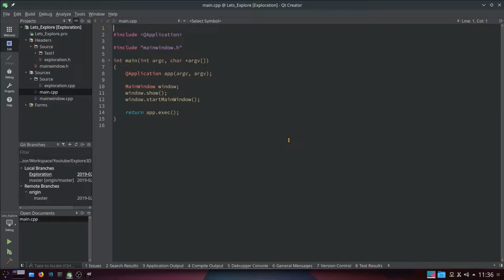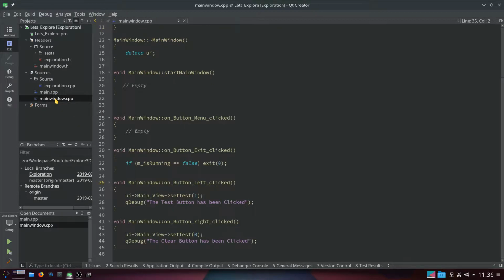So we have our main, which goes to our main window, window show, start main window. It's obvious what we're doing. We've got it in English. Wow, we've ignored that QApplication quite a lot, but that's our main loop program, and it does all our events and an object chatter, so it talks between the objects. That's what allows us to go through the UI to get to our exploration. So main goes to